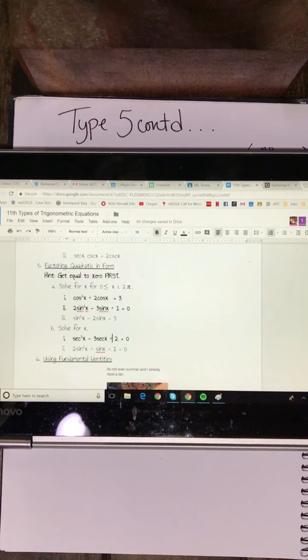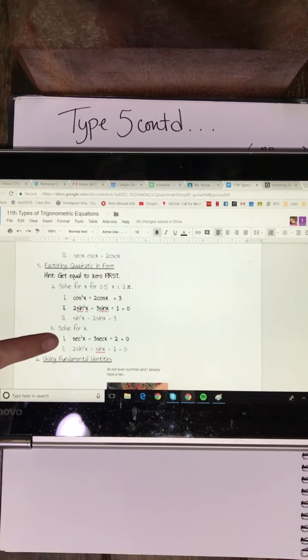Last video from type 5. If you're watching this video, that means that you have already finished 1, 2, and 3 from part A. That you did 3 by yourself, you checked it with the neighbor, you both got the same answer, you're ready to move on. Hopefully you've even attempted this by yourself as well, and maybe you have a question still, or